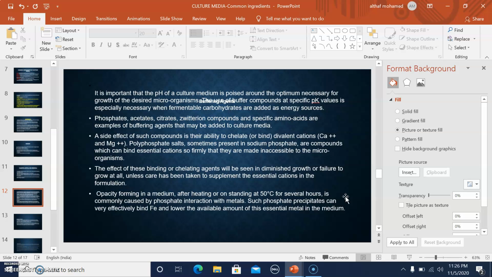And so these are all. Then opacity formation in the medium after heating or standing is commonly caused by phosphate interaction with metals. Such phosphate precipitates can very effectively bind metals. So this may result in what? So this phosphate